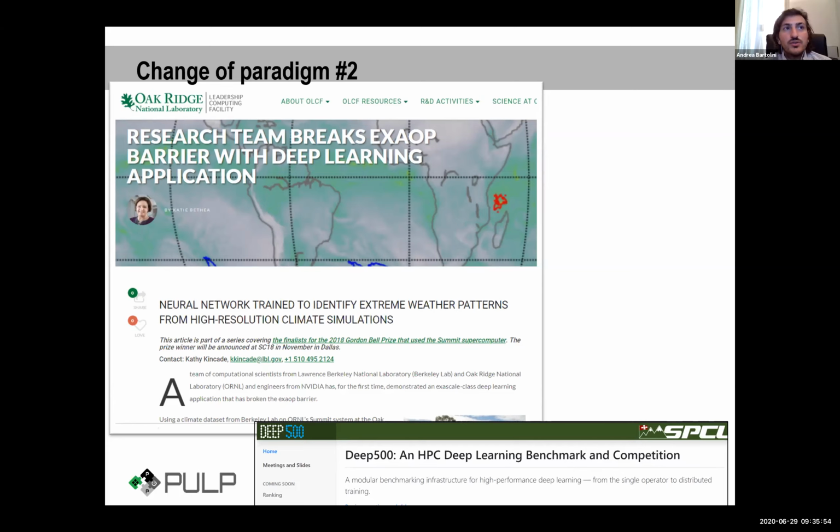And these slides show that already a few years ago, a first exaop application was executed by a researcher at Oak Ridge Laboratory, on the Summit system, which had the Volta GPU card that was capable of tensor core operations, going faster in tensor core operations with respect to the double precision floating point. And there also started to be a ranking of HPC supercomputing machines based on their capability of training deep learning models. So these new workloads are coming, and they are always more important.